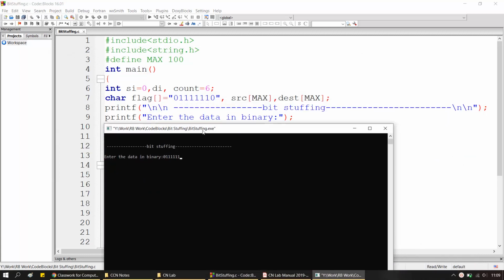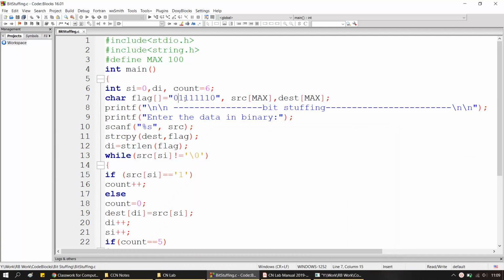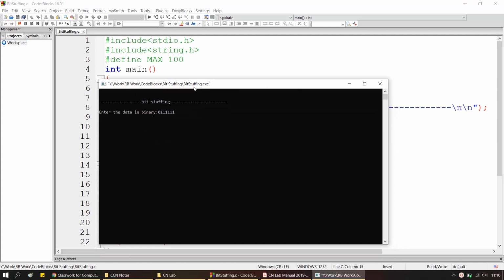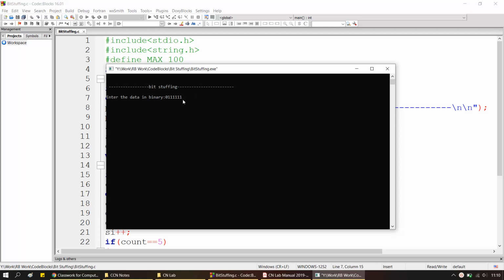Here I've included 0 with 1, 2, 3, 4, 5, 6 ones, and this is my flag. So what if my data also looks like a flag? When I'm sending, it should not have a contradiction.